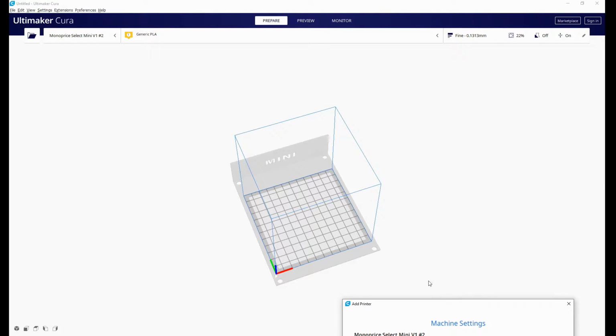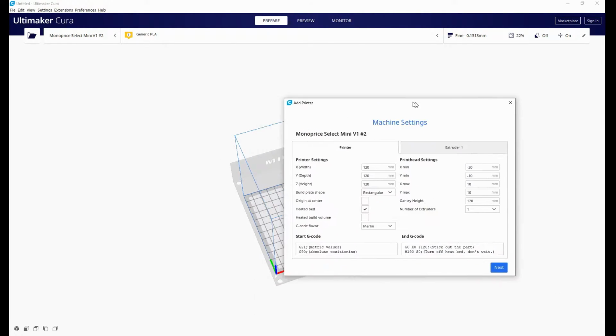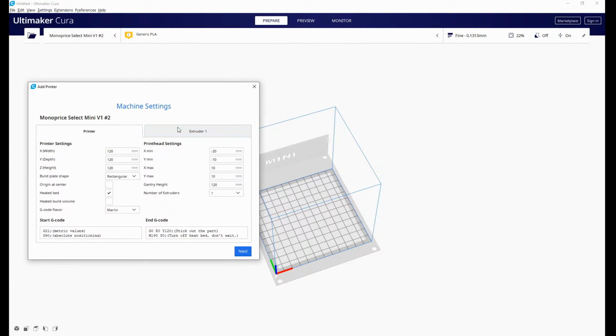You could rename your printer if you'd like. And if you notice, the base plate here will change. I'm having trouble lifting this back up. There we go. Depending on the printer that you've chosen. And you can always adjust those settings to be custom if you'd like, but we notice we do have a